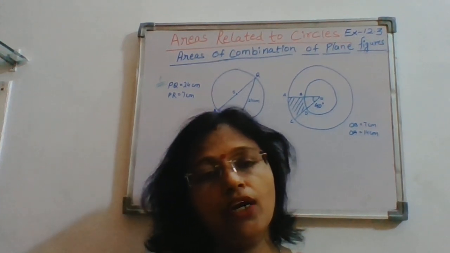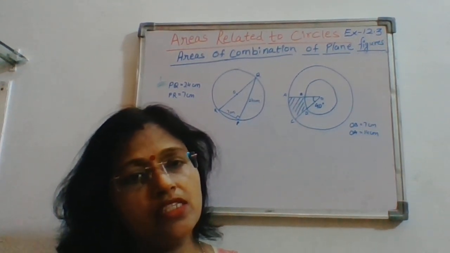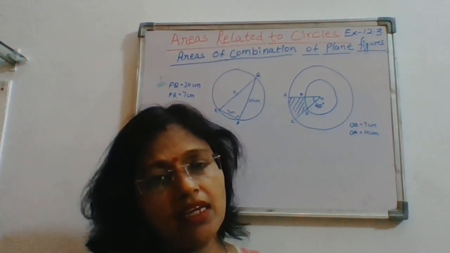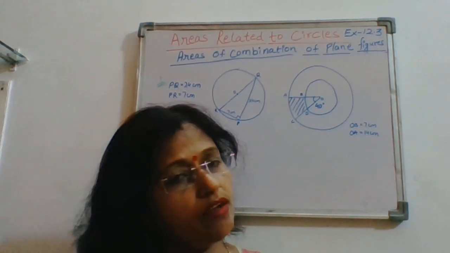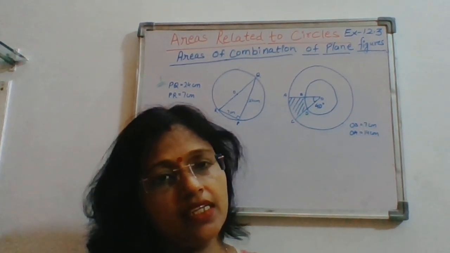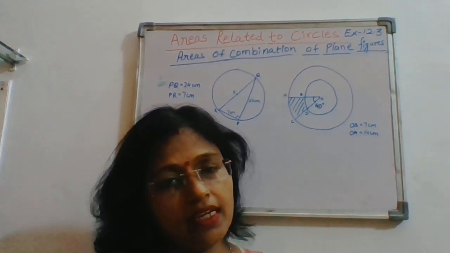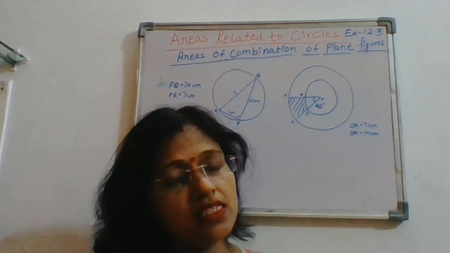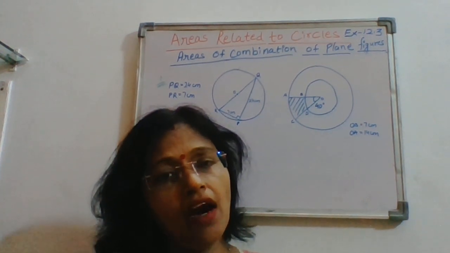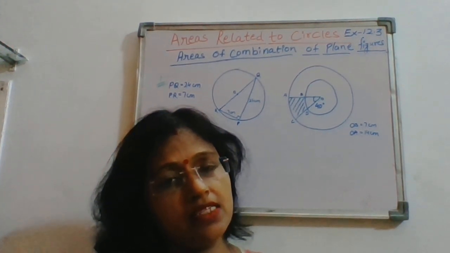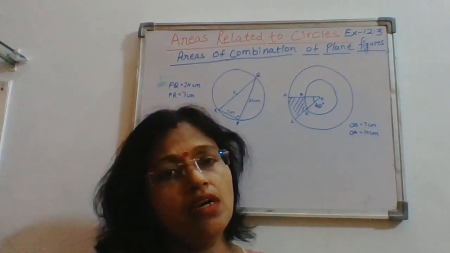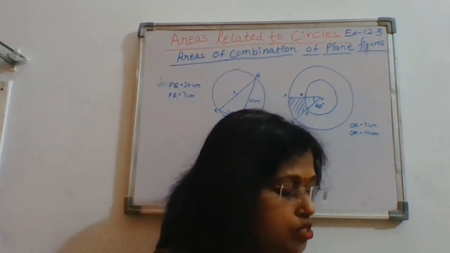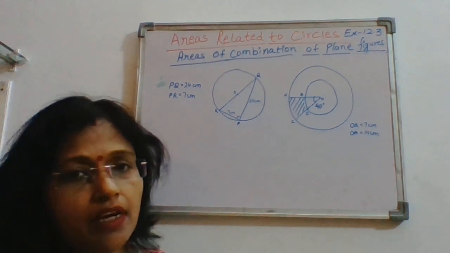Finding the area of the sector is theta upon 360 into pi r square. Area of the segment is area of the sector minus area of the triangle. If the central angle is 60 degree, it will be an equilateral triangle, and area of the equilateral triangle is root 3 by 4 side square. If central angle is 90 degree, then area of the triangle is half r square. If central angle is more than 90 degree, we can use r square sin theta by 2 cos theta by 2, right? So exercise 12.3 we are going to continue.